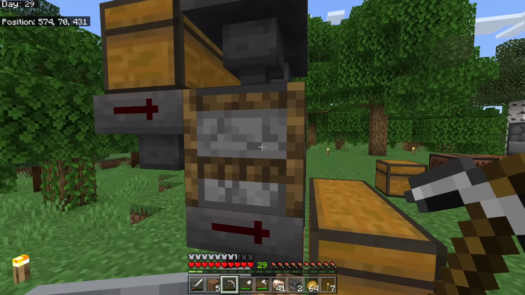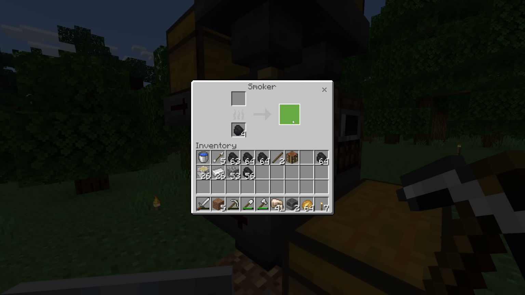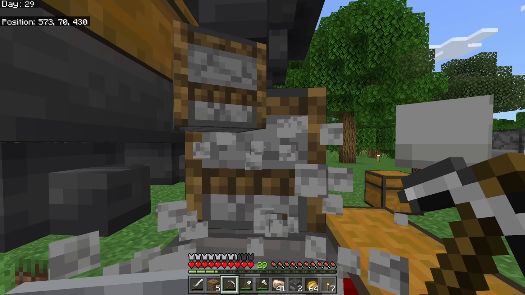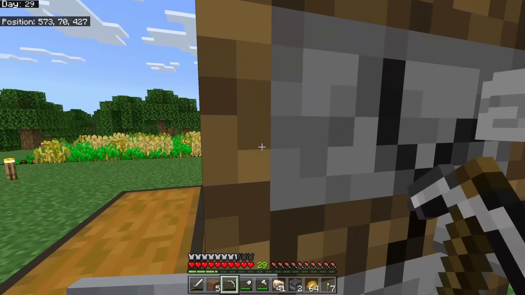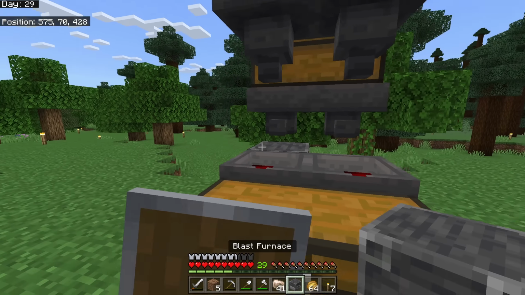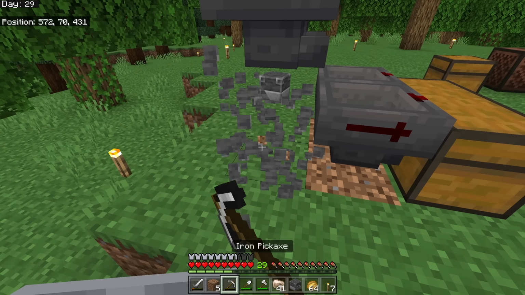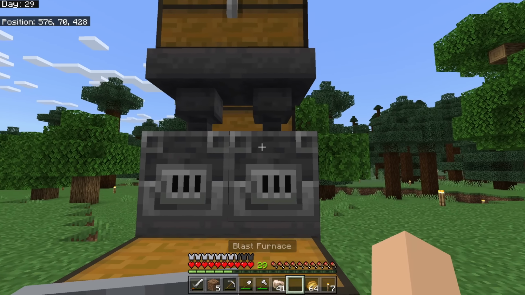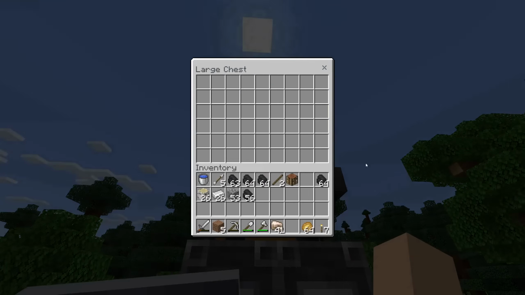So we can get XP by either taking an item out of the slot if there's an item in the slot, or by breaking it. So you'll see as I break, got ourselves a little bit of experience points there. Not a whole lot. The more you smelt, the more experience points you get, but we did get some. In terms of actually using your experience points and what good they're for, we will go over that in a later episode. But I'm going to take these 2 blast furnaces, put them right here, and we're going to